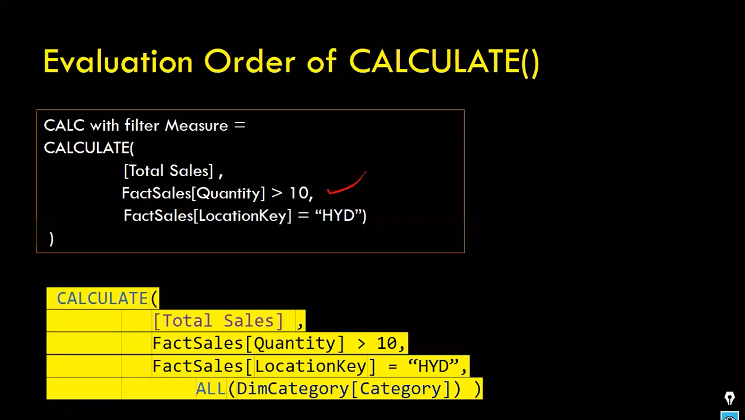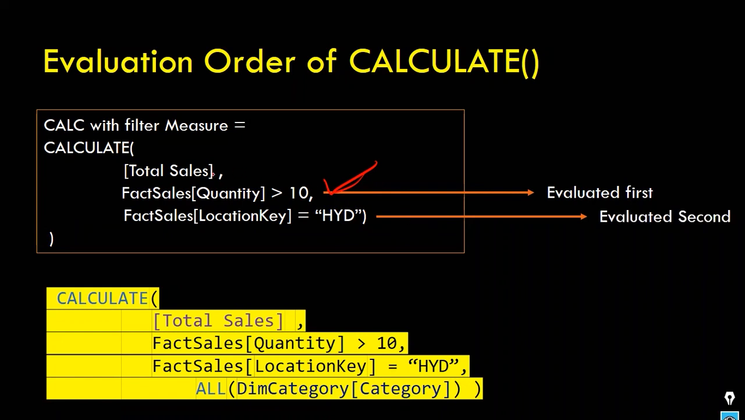Who answered it? Location key first. No, Sagar. Only this one will get evaluated first. Which one? The quantity more than 10 will get evaluated first. And then this one will get evaluated second. And then lastly, this one will get evaluated. This is the order: first, second and third. In this order, it will evaluate your